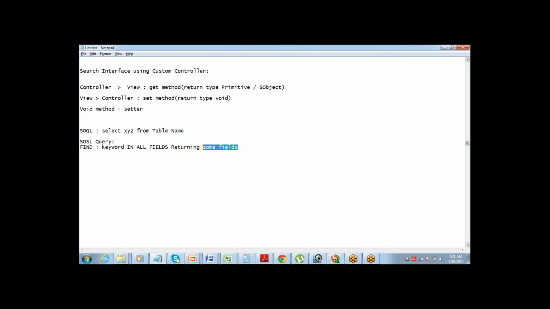That's what we're going to use. The SOSL query has a find statement, and we are going to use it because I'm going to create a search interface. SOSL stands for Salesforce Object Search Language. It's very similar to our SOQL queries.